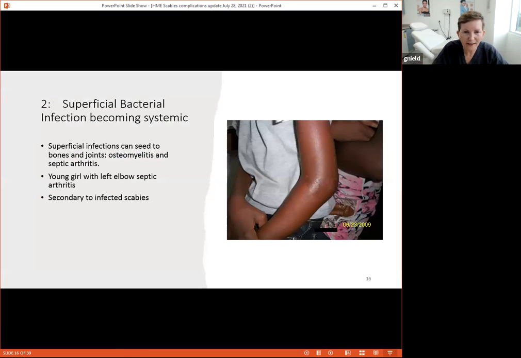So this is just one case I saw. It was back in 2009. It was a young girl who had left elbow septic arthritis. An x-ray was done, there was no fracture, and she had scabies, so it was most likely secondary to infected